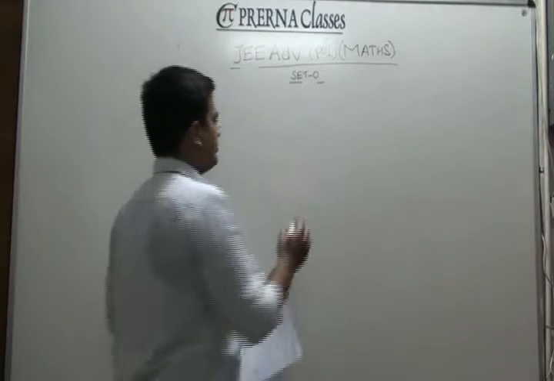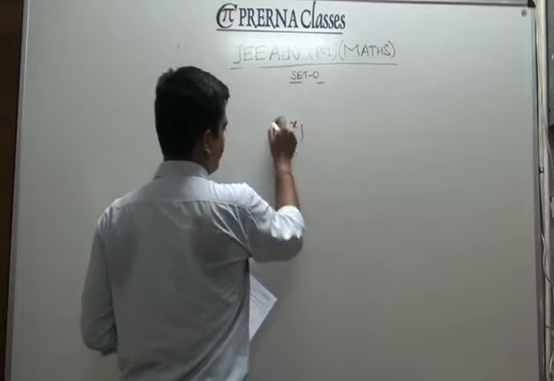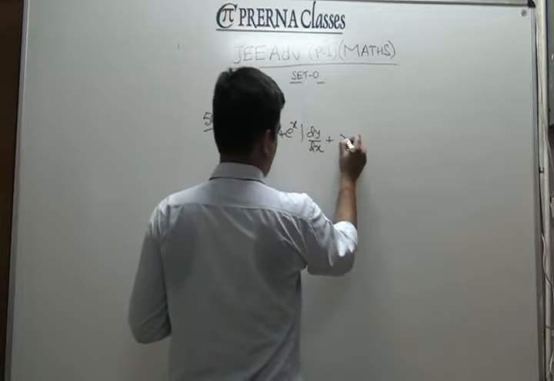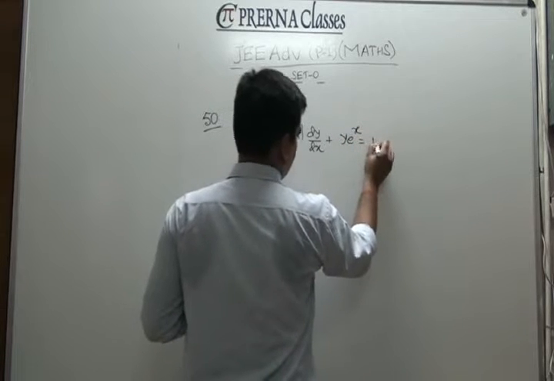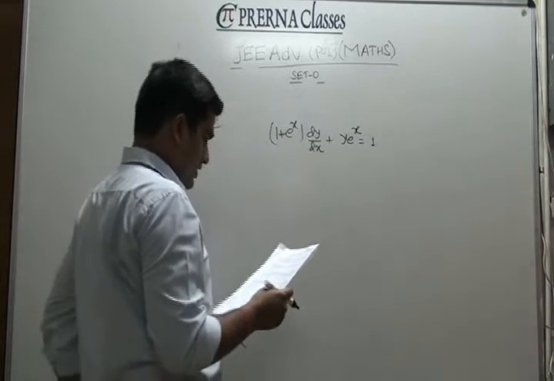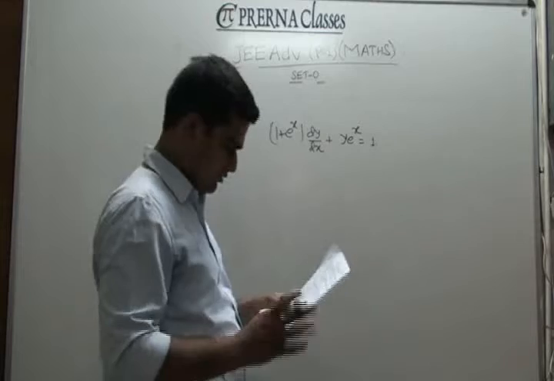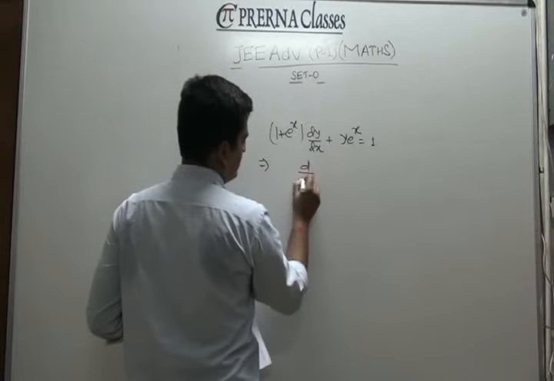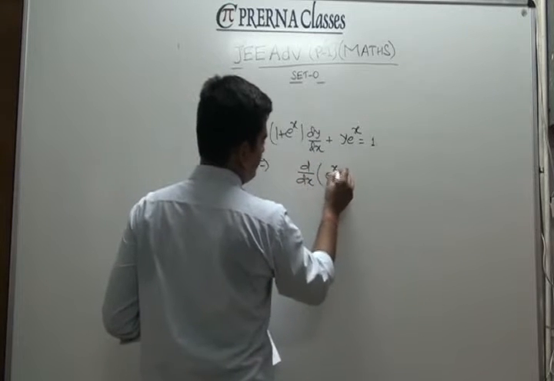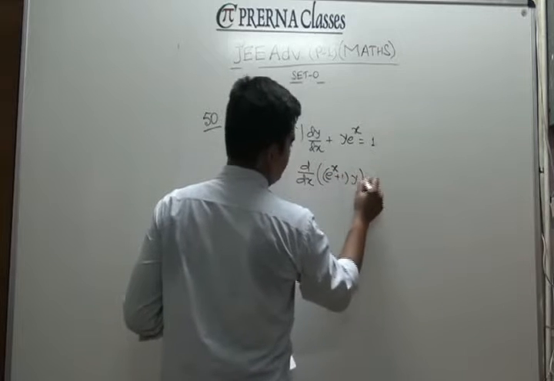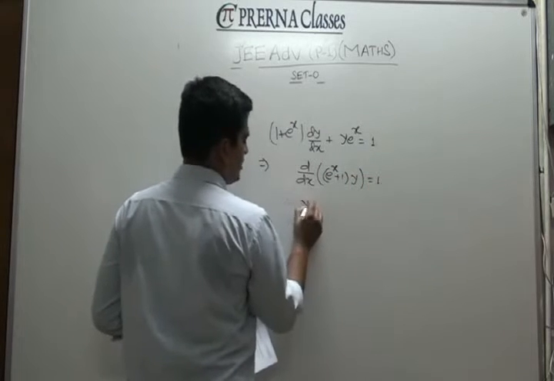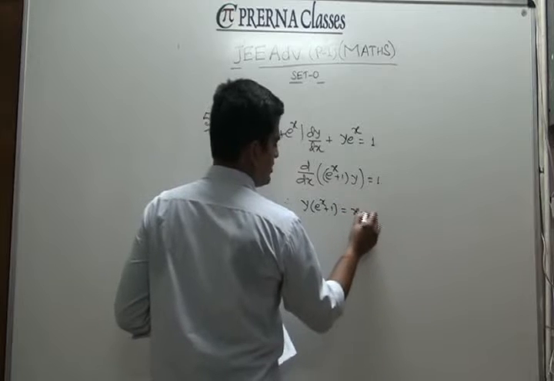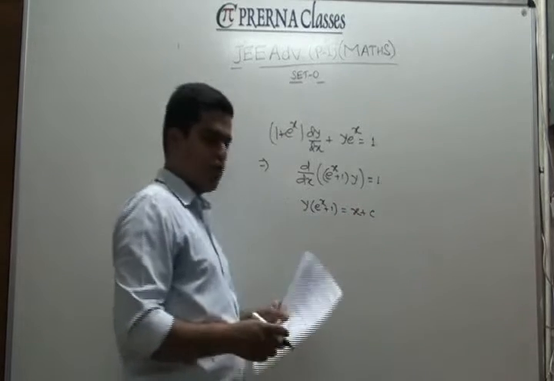Okay, in the next problem we have one differential equation that is given to you as this. You have some condition also given there, on the basis of which you have certain options, out of which you have to check how many of them are correct. If you look at this differential equation, this is clearly the exact derivative of something. Obviously then this is going to give you the final solution, after integrating this differential equation, in this way, wherein it is given to you that y of 0 is 2,